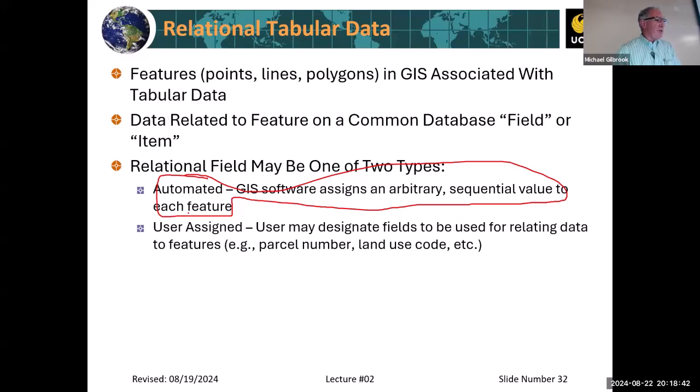Instead, what we want to do is use user assigned values, like that parcel ID number. That's assigned by the human being involved. That isn't going to change unless the human being decides to change it. The computer can't change that arbitrarily. You're in charge. If I give a wetland ID number, it stays that wetland ID number unless I change it. Whereas the automated one, which polygon is this? What line is this? That the GIS assigns, that could change. All I have to do is make a minor edit and all of them could get renumbered. I've seen people try to use the automated polygon ID or line ID number, and it's a real